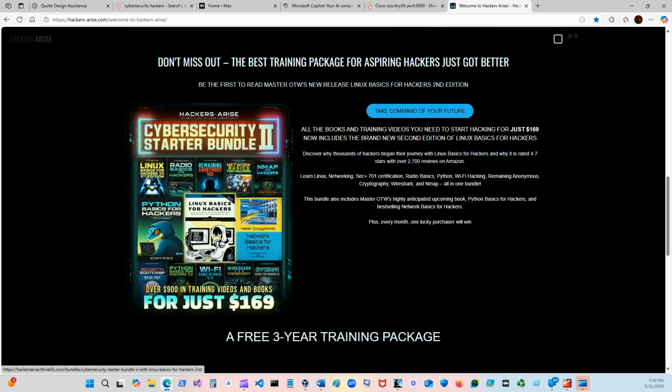So Linux Basic for Hackers version 2. And this is probably digitized. Like this Network Basic for Hackers, I have this book, and in the next, like, I would say month, I'm going to digitize it, and I'm going to put it on there. And I'm gonna do this book because this is an awesome book. Linux Basic for Hackers. I've got that one. I'm doing a video on that one.